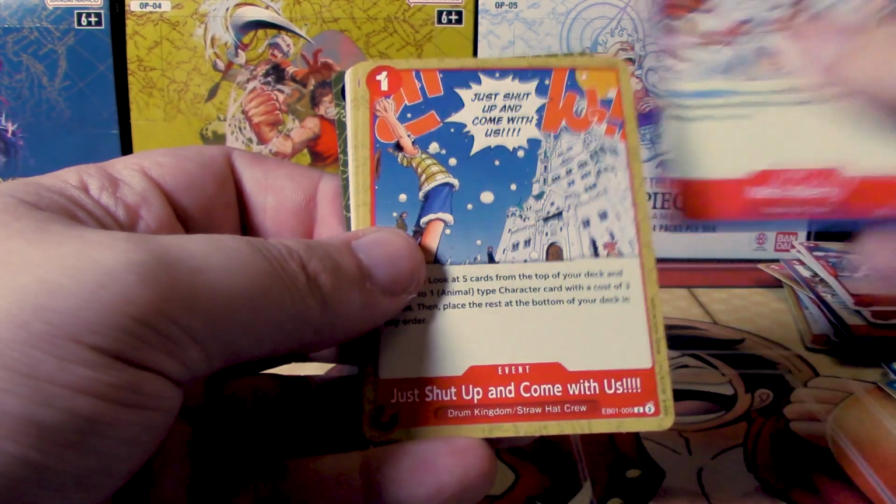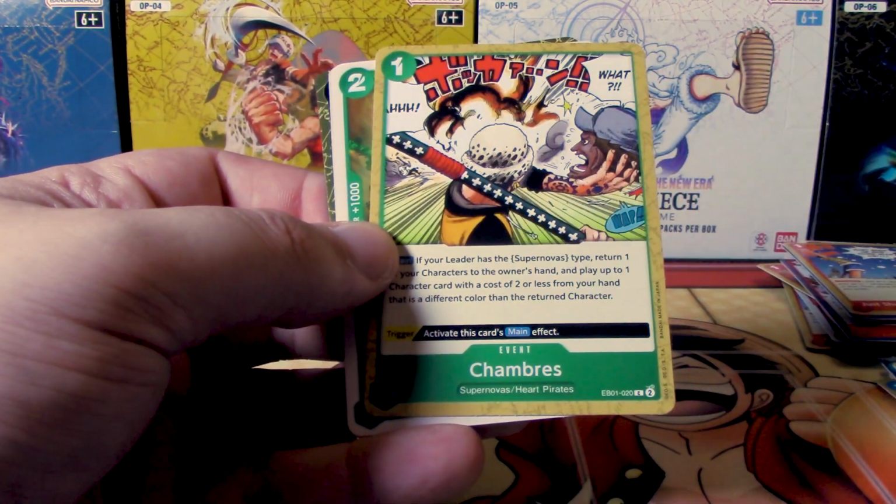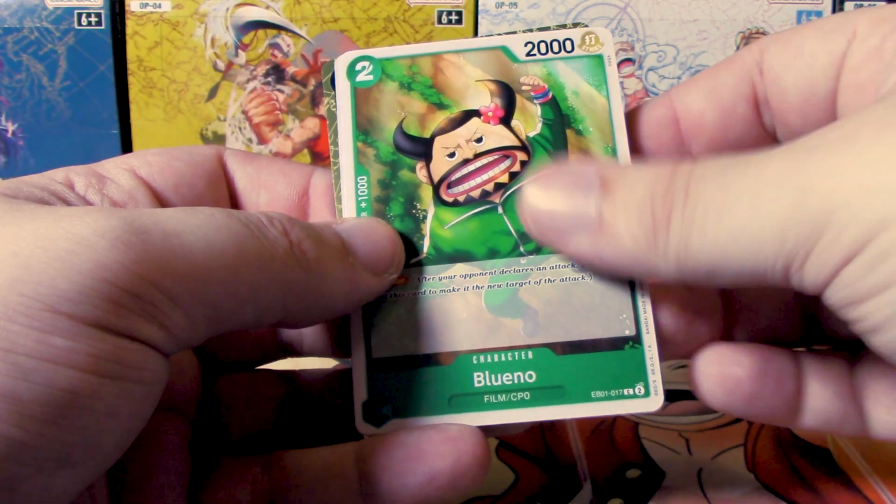Speaking of which, we got the Mini Mary. We have Come With Us in this one. We got Oh Come My Way. We have I Want to Live. We got Chambers, and Bluno,